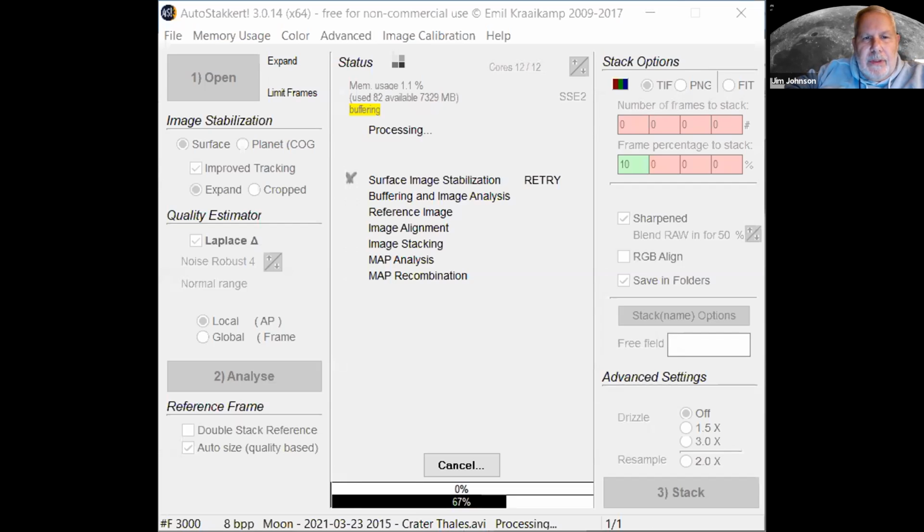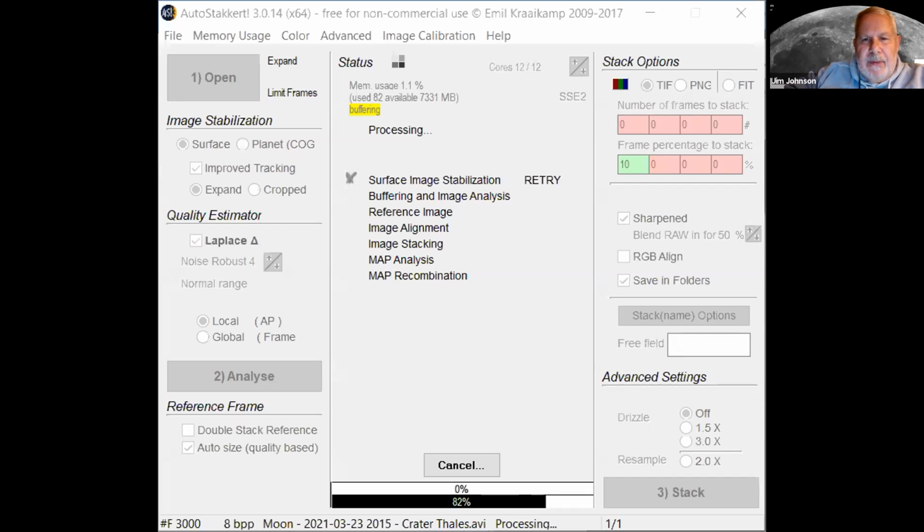So right now with the analyze running, it's evaluating individual frame quality, and I'll show you the display. It's going to rank. It'll show you how the quality varied during the run, and then it'll show you how the quality varies from the best frame to the worst frame. And that's going to be in the stack part. It actually aligns to frames like Brad was talking about for the deep sky part.